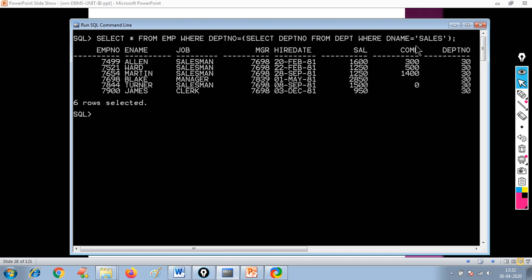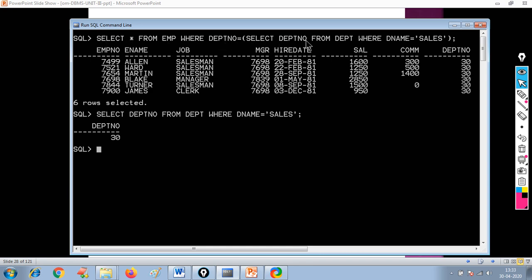So I can see the inner query is executed first. If you only execute the inner query, you'll get 30. So the output of the inner query is 30. So the outer query will become select asterisk from EMP where department number equals to 30.